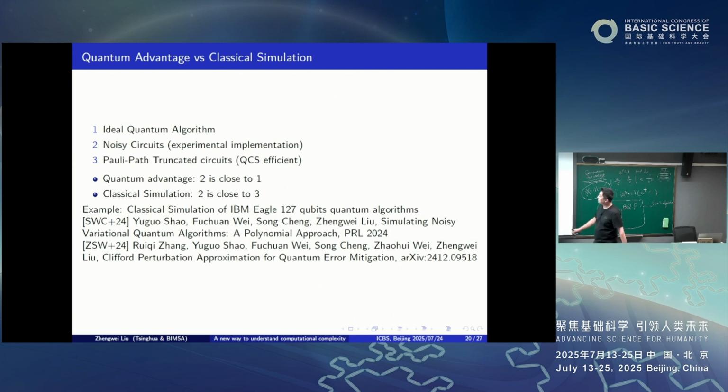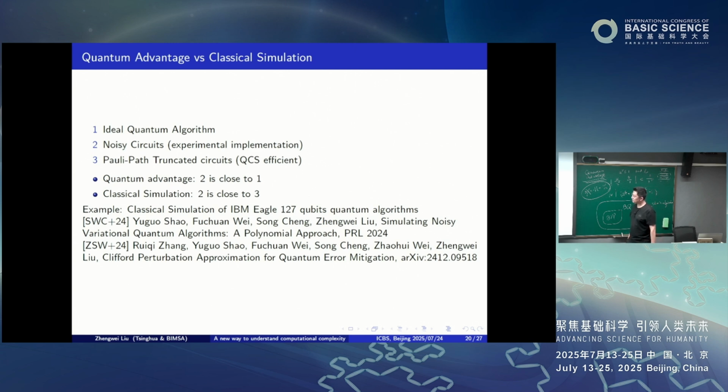And at that time, IBM published a paper in Nature saying they ran their 127-qubit quantum system and were able to solve some meaningful problem that's hard to simulate classically. It has two parts. One is the algorithm with noise, and the second part is the mitigation. The idea is actually very interesting. It's hard to minimize the error rate, but you can enlarge the error rate. Then when you enlarge the error rate, you can interpolate and find the one that has zero error. That's the mitigation process.